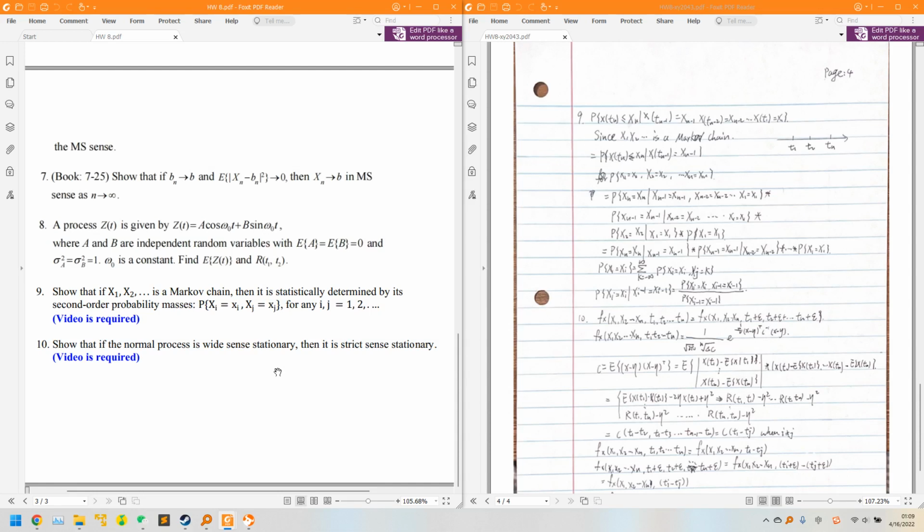For problem 9, we are given that X1, X2 to Xn is a Markov chain, and it's statistically determined by its second-order probability density, which is P(Xi = xi, Xj = xj) for any i, j equal to 1 to n. So for this question,